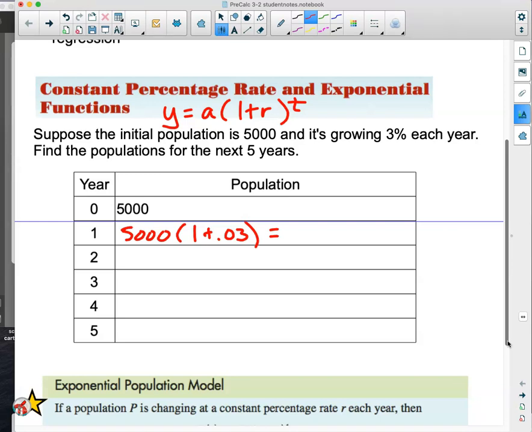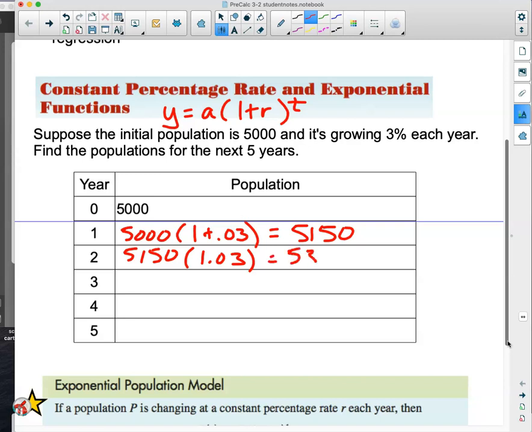And then we'd grab a calculator and multiply that out. And 5,000 times 1.03 would give us 5,150. Now the next year, we start over. And we say now we're not starting with 5,000. Now we're starting with 5,150. But the same thing is happening. We still want our original money back, which would be the 5,150, and we want an additional 3%. So we would have to take that once again times 1.03, and that would come out to